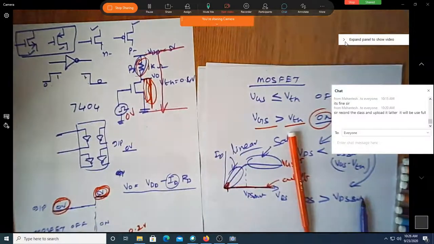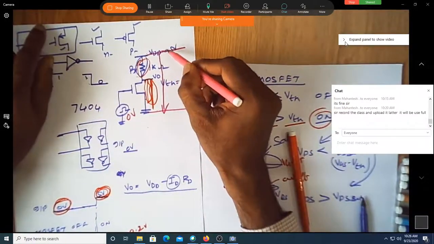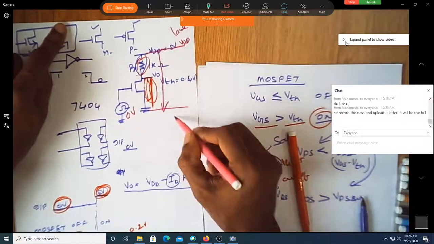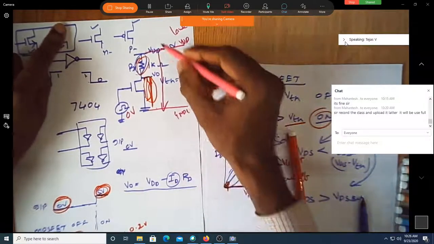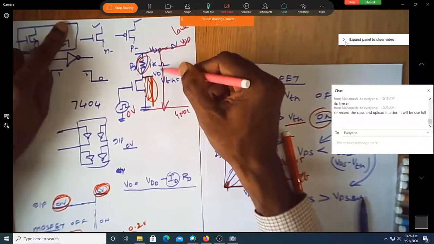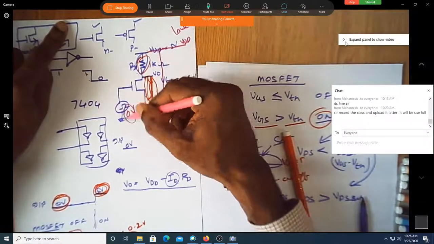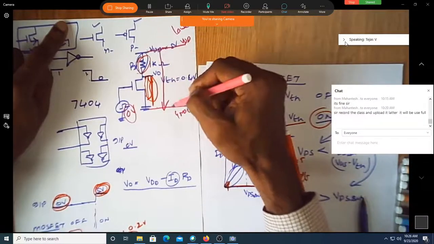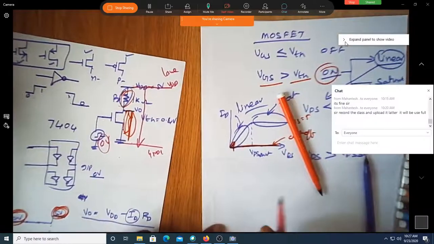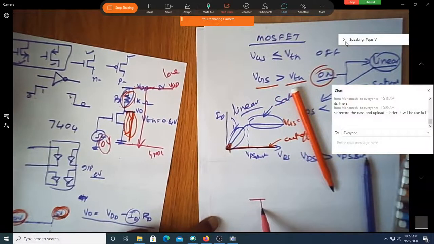A rail is nothing but two metal lines. What we have is a VDD line and the other is the ground line. What is the current that would flow from this to this when it is logic 0 at the input? How much is the current flowing from this end to this end? No current flowing, sir. Because it looks like this. Am I correct? The MOSFET is off.